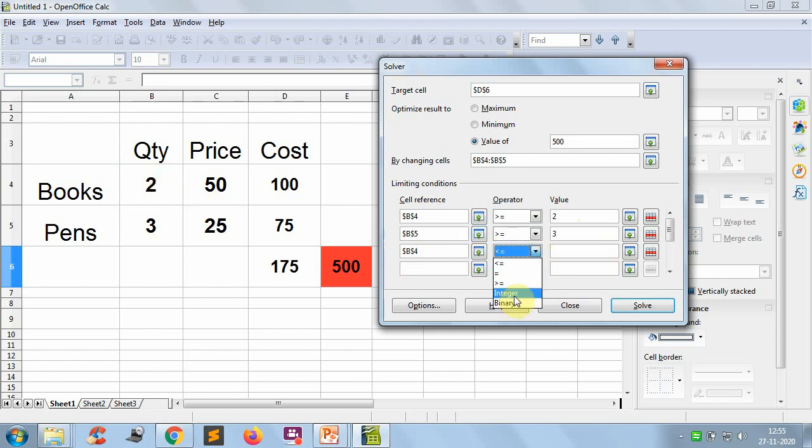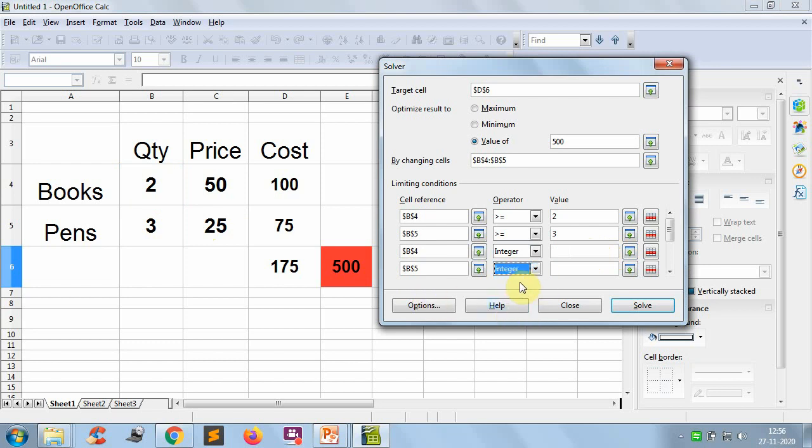What should the predicted value be? That should be an integer, means it should not be a fraction. 2.5, 3.5 like this should not be there, because you cannot purchase 2.5 books. You can purchase only 2 books. So that's why you have to select the number of books as an integer, and come to the number of pens quantity, also make it an integer.